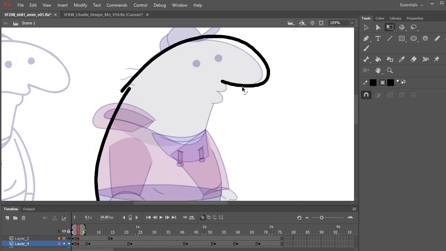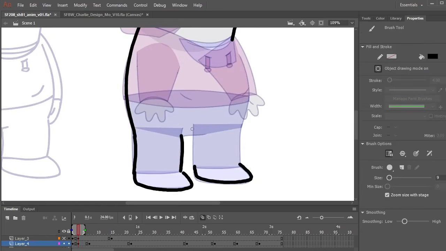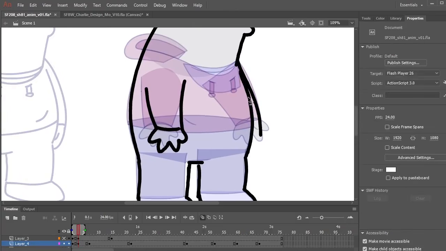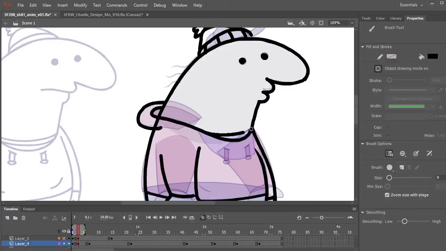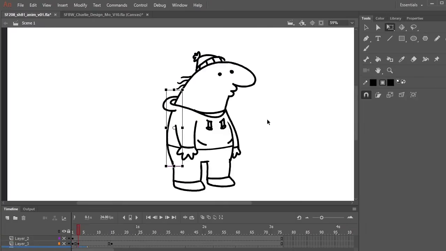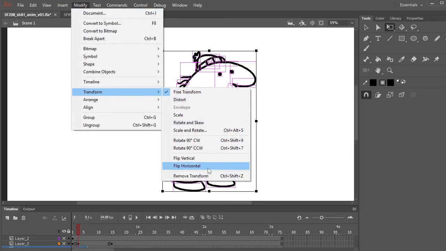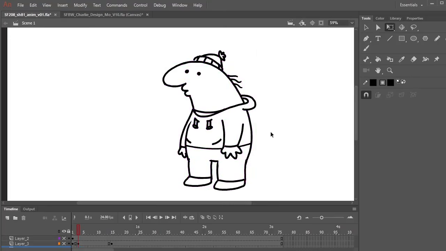This is a tricky part for me, so I guess I'm going to stop trying to draw it in one stroke. I'm going to start doing this. Bit by bit makes it easier. That's pretty close. I can do that because it's object drawing mode. Okay, I want him to have a kind of different pose, so I'm going to have his knees a little bit more bent. This is a pretty crucial area. Be careful not to have like a tangent here. I will draw in all the details just for today because I'm on my best behavior right now. Okay, so that's my Charlie for this rough. I'm only going to do one frame. Oh yeah, do make sure to transform, flip horizontally, and check if it's wonky at all. You can maybe just fix it by using transform tools, stuff like that.